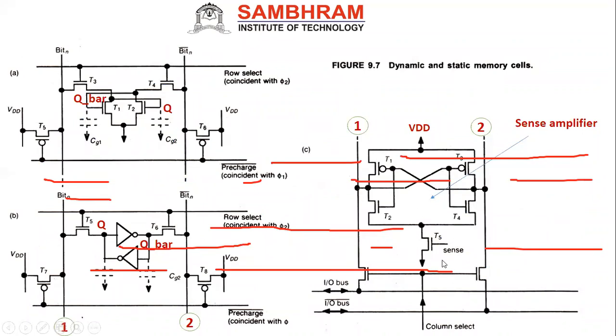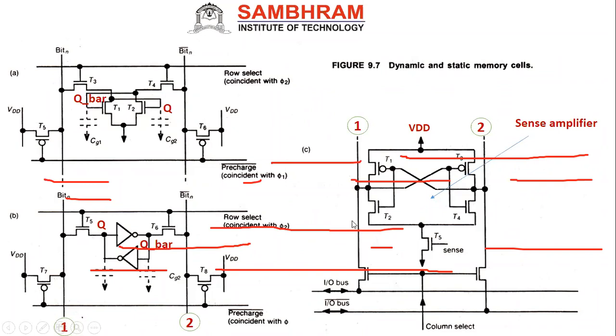Now when the sense amplifier is activated, automatically the value will be compared. What is the value in the IO bus and what is the value over there? Both will get compared, and based on that, it will give the value. So if I stored the value as 1, say for example here, even here you can see this is nothing but reverse static RAM, right? So if a value is stored as 1 in the sense, I should read it.